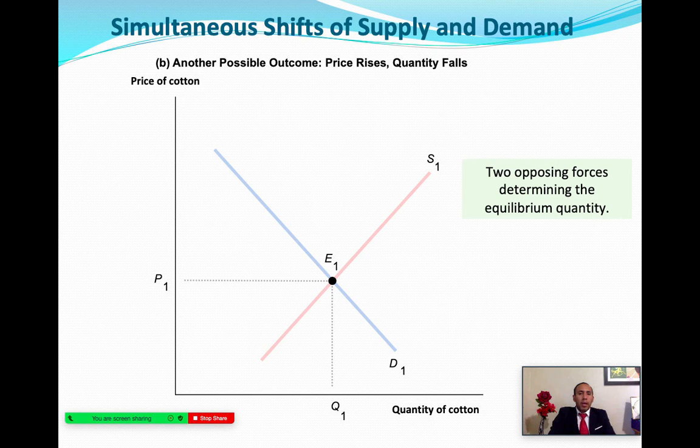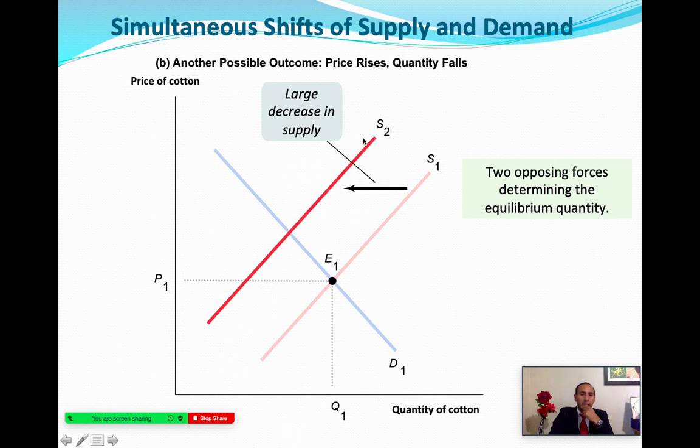But there's another outcome, another situation. What if the supply curve is the one that's shifting a lot, shifting significantly? So the supply curve declines a lot more here. It's a significant shift. Negative expectations, higher taxes, higher regulation, producers have a bad expectation of the future. The supply curve shifts. Our new equilibrium, if it's just by itself, is going to be here, but if the demand curve increases slightly,